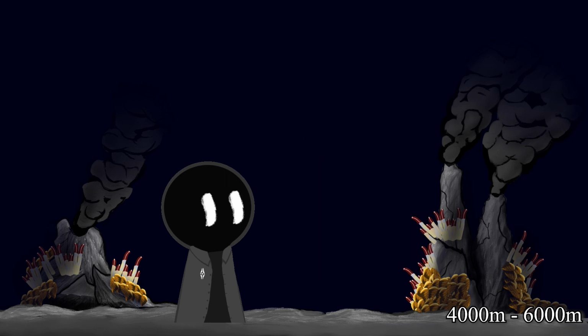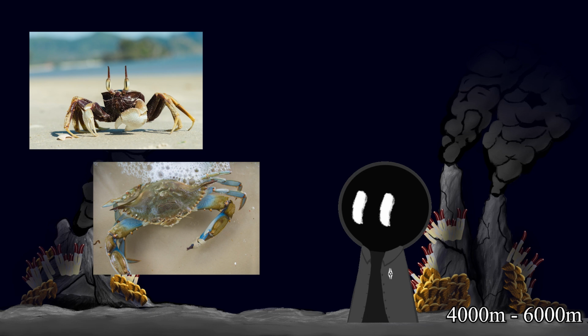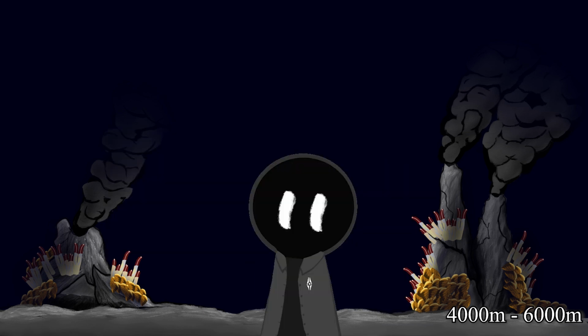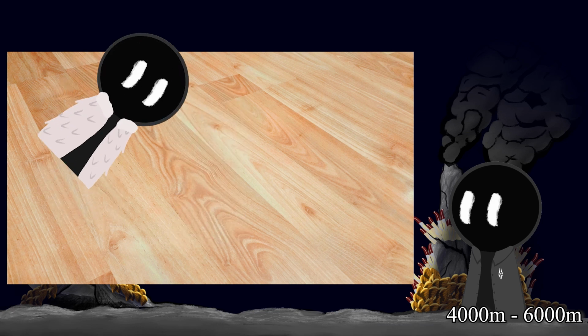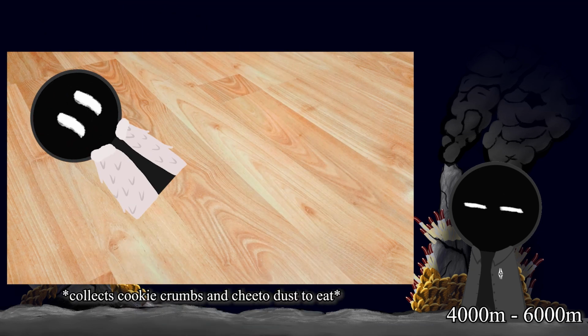On a side note, while they haven't been found near the Mariana Trench, Yeti crabs are quite interesting. Compared to their land and shallow water counterparts, they have long, hairy arms that help to trap the bacteria in the water, which they then eat using their comb-like mouthparts. This is a pretty interesting way of harvesting food. It's kind of like if you wore your fur parka and then rolled around on the ground to collect cookie crumbs and Cheeto dust off your floor. Effective, but at the same time...